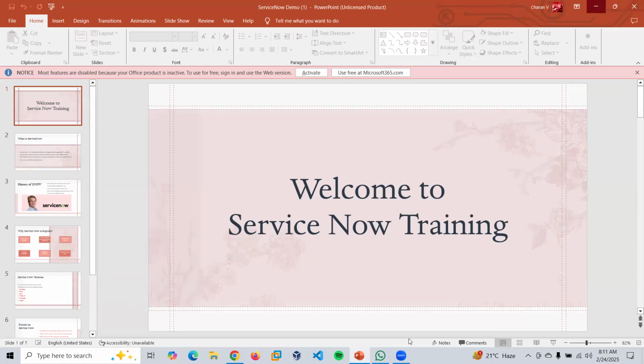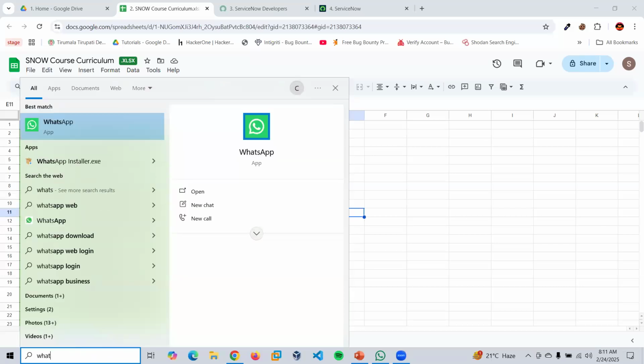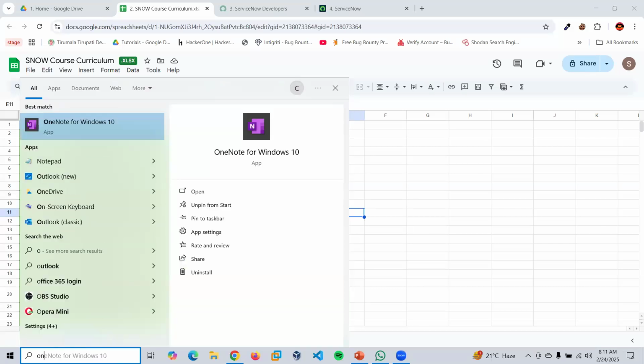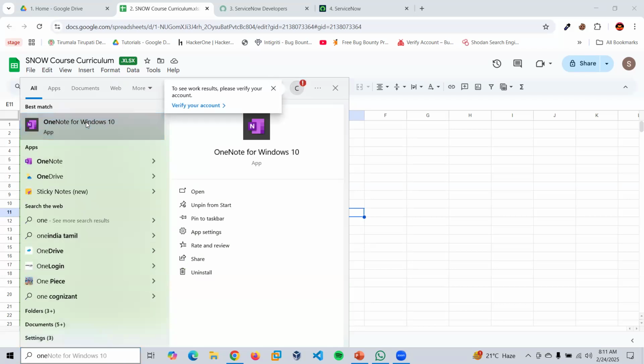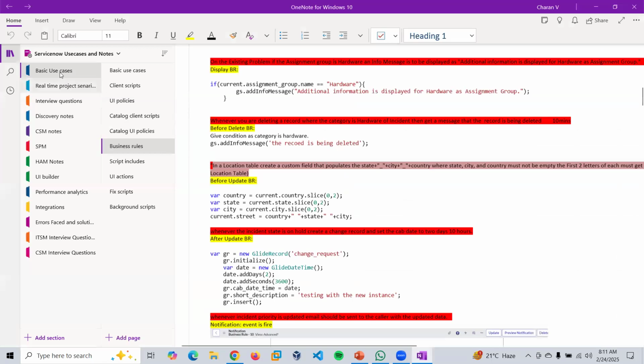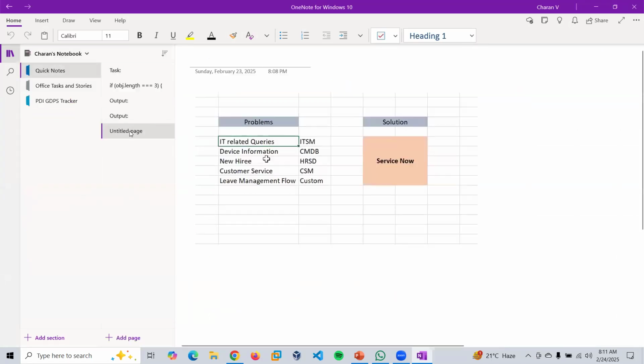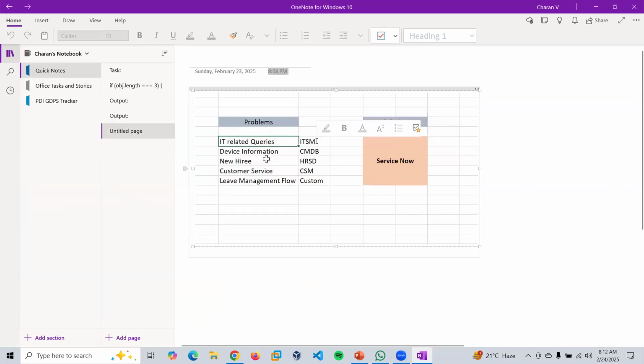Now we'll look at what are the modules and how ServiceNow is helpful for us, right? So there are multiple modules, guys, as I've already mentioned. There are multiple modules in ServiceNow. For example, let's take ITSM. ITSM is nothing but